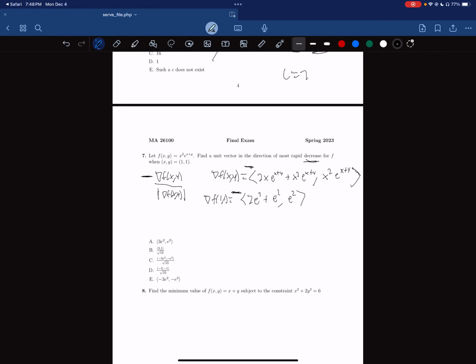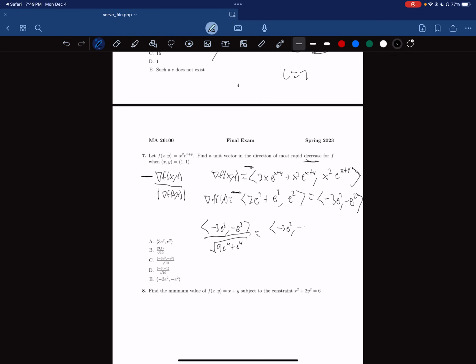Let me write that in very bold font here so we don't forget. And that is really equal to negative (3e squared, e squared). I just brought in the negative, doesn't really matter here. Okay, and of course, we need to divide that by the magnitude. And the magnitude of that is really, let me just rewrite it. We're going to get (negative 3e squared, negative e squared). The magnitude of that is going to be square root of 9e to the 4th plus e to the 4th. And if we do some combining here,